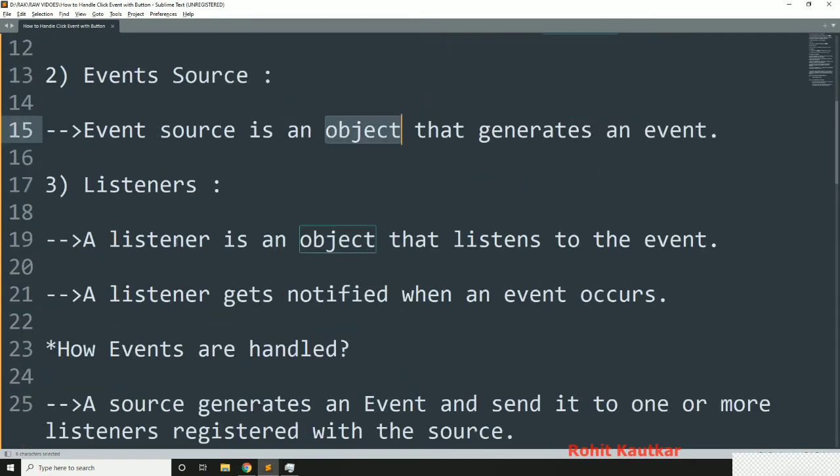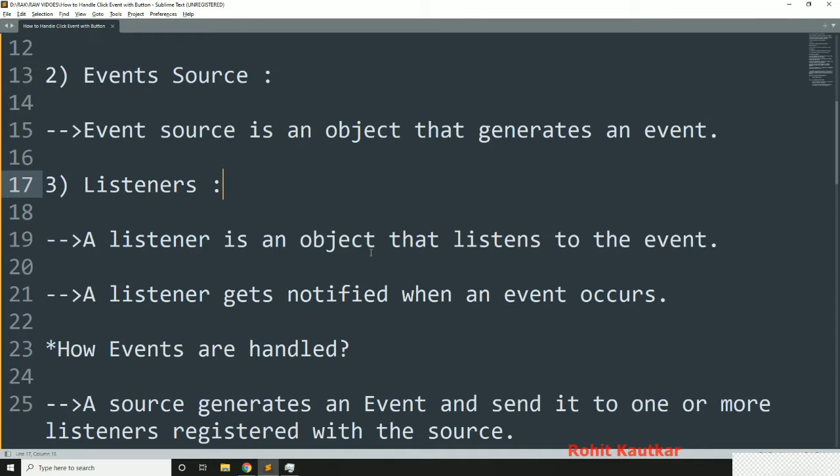And the third concept we have is listener. A listener is also an object that keeps listening to the events which are getting generated. So the listener gets a notification whenever an event occurs. For different components, there is a variety of listeners available within Java programming language.